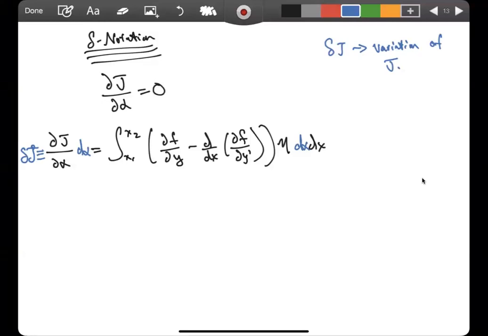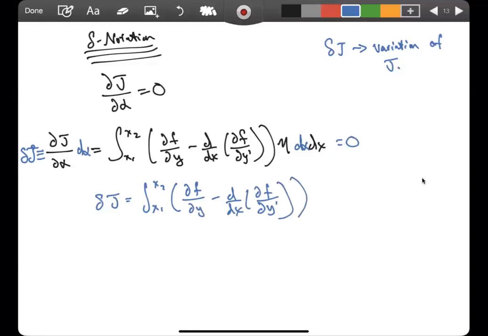And again, what we want to do is set this guy equal to 0. So you're just looking at varying the original integral and then setting that guy equal to 0. So ultimately, the way we end up typically writing this is that the variation of j is equal to the integral from x1 to x2. Everything on the inside stays the same. Partial of f with respect to y prime. But now we don't get an eta, we get just simply the variation of the path y times then dx,